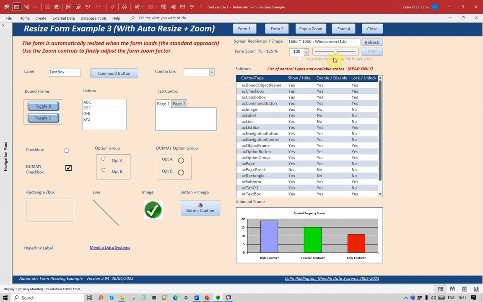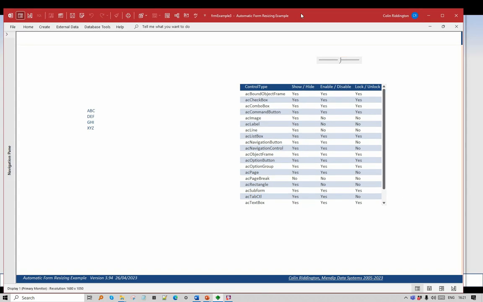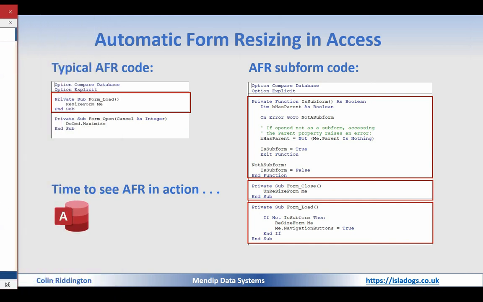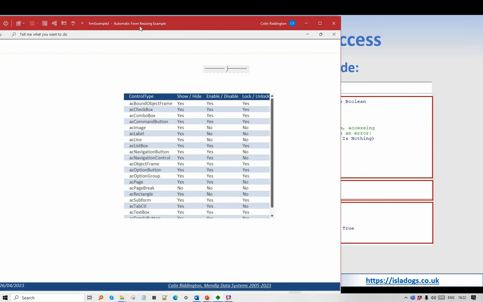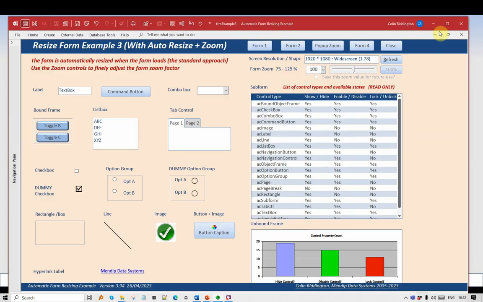Like all the other ones, this actually then resizes on the load event. So I've got pretty much the same things that I had before, toggle buttons and so on. I'm not going to show you all of those. Didn't mention the subform before, but you can see that these all work here. Now what I'm going to do is drag this form nearly off screen to my other monitor, which uses a different resolution. And if I click that refresh button and then drag that back to my original screen here,